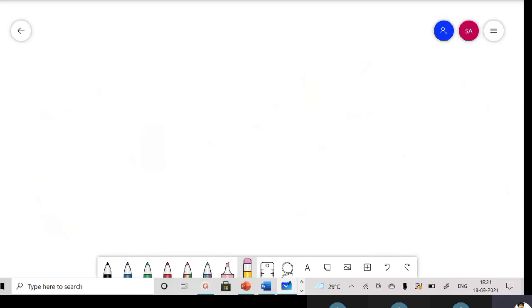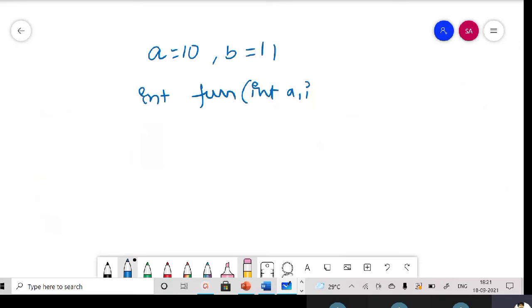Okay, so the next example is something like this. We got two values, ma. So that is a equals 10, and there is another variable b equals 11. Okay, and we are having a function, fun function. This fun function is receiving both the a value and the b value, right?